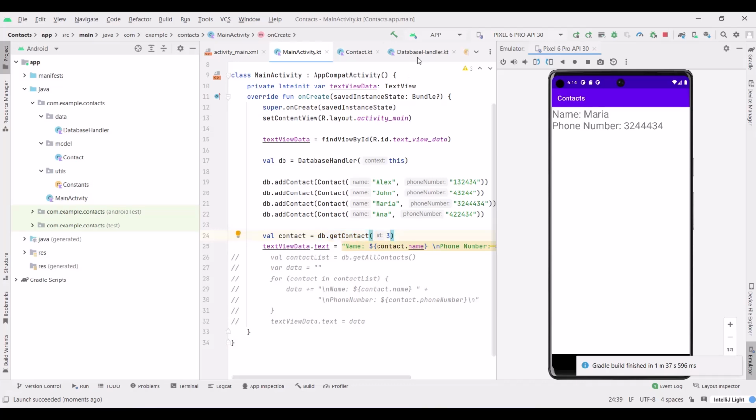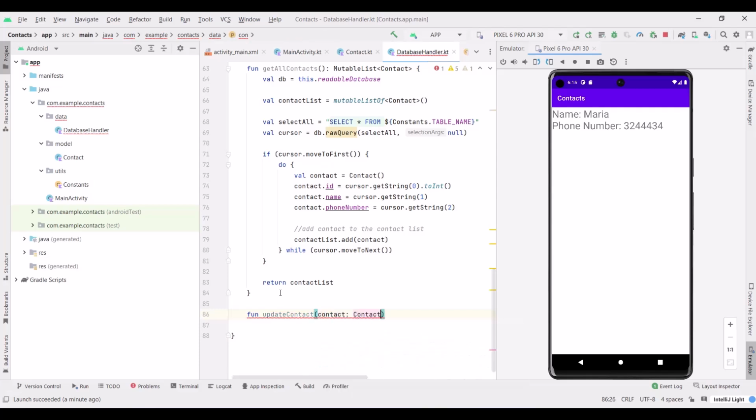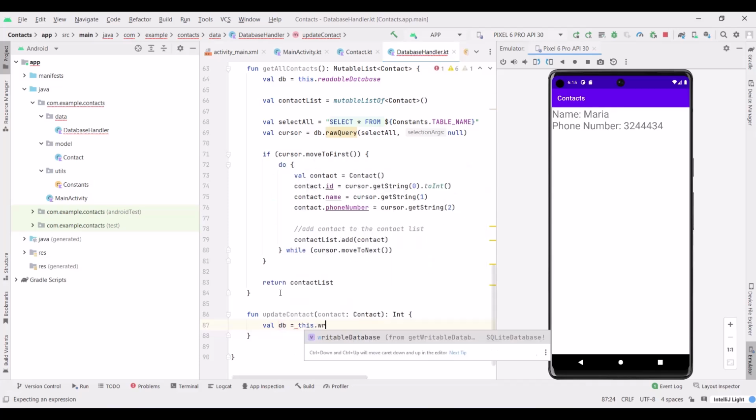Now I'm gonna go inside database handler. I will go down here and I will add a function to update a specific contact. So I'll type here fun update contact. It's gonna receive a contact as a parameter, and it's gonna return an integer. And here I will type val db equals this dot writable, because we're gonna write to our database. Then I will type val values. We're gonna use our content values again, content values,